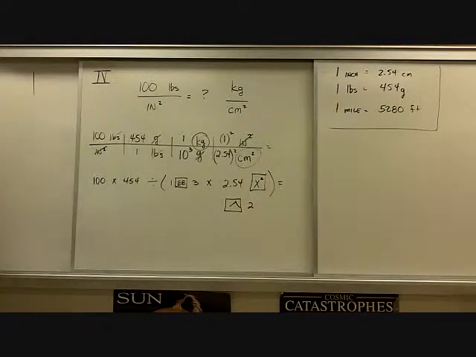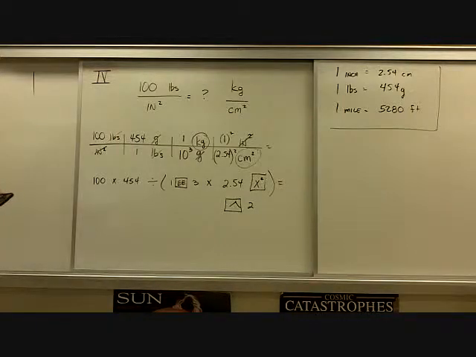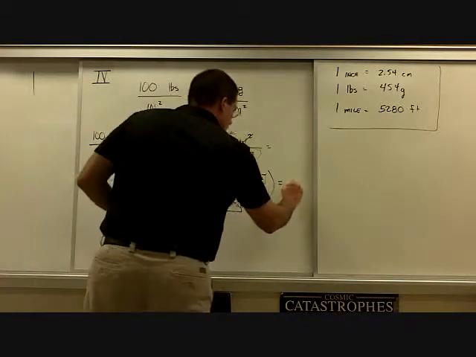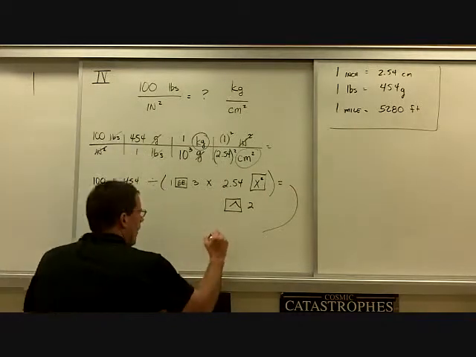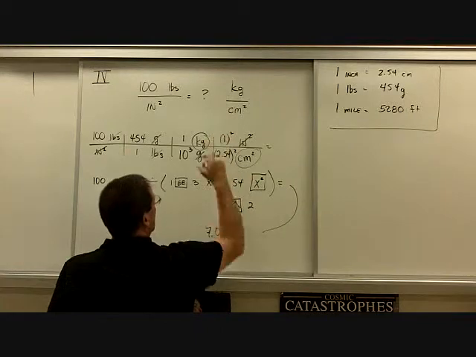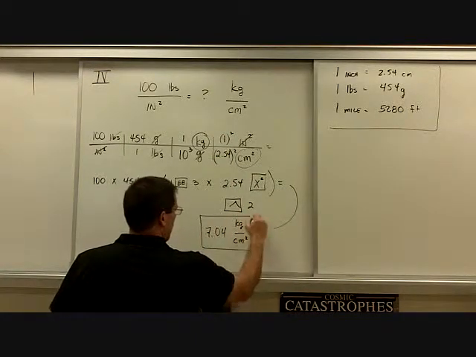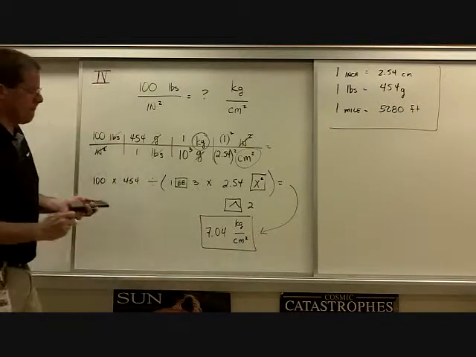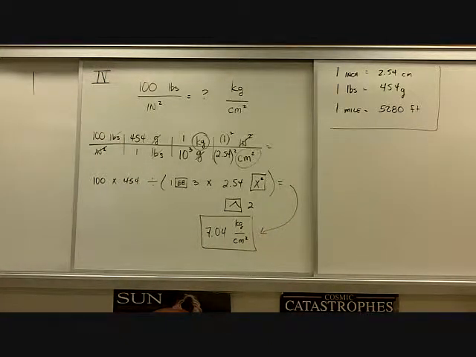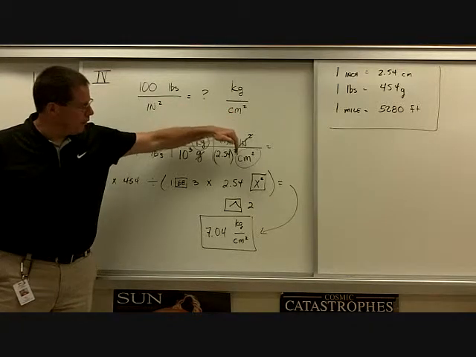And if you got the right kind of Casio, it also has a cube button. 7.037? Yep. Alright. So we'll say 4. And that again is kilograms per centimeter squared. Okay? Sound good? But the key here was, when I did my inches squared, I did it as a linear relationship